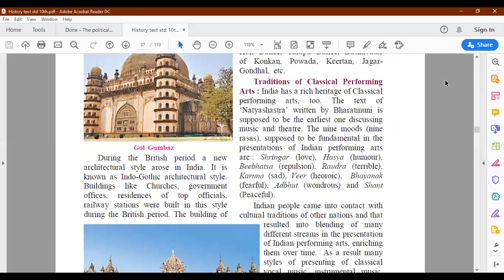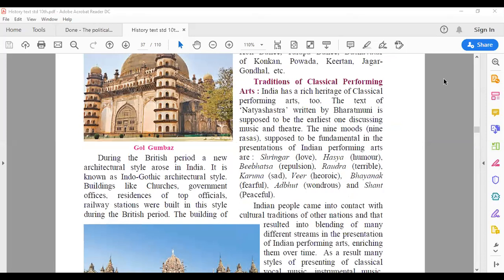Performing arts have a lot of information, especially about dance, music and theatre, in the text of the Natya Shastra written by Bharat Muni, which is supposed to be the earliest one discussing music and theatre.